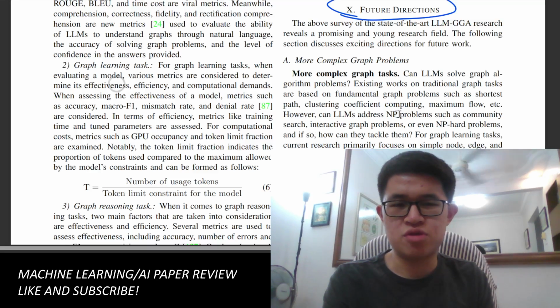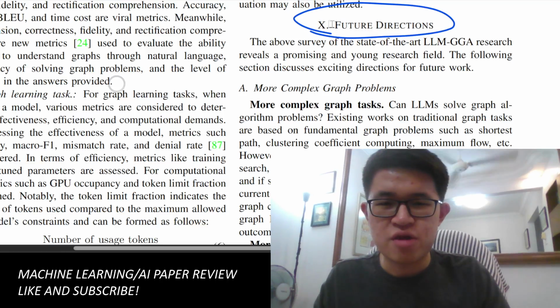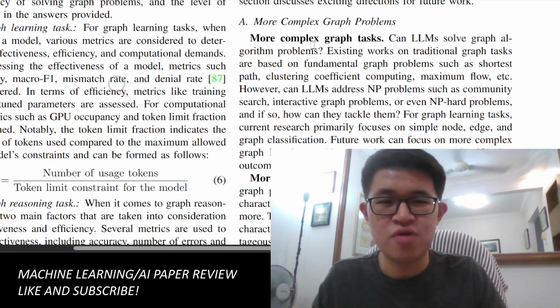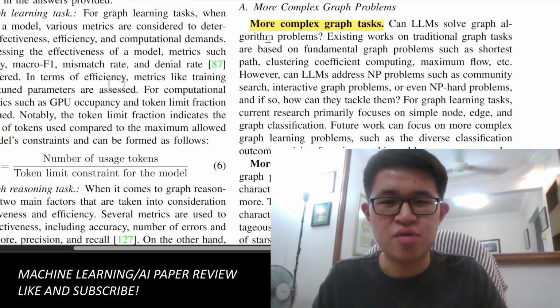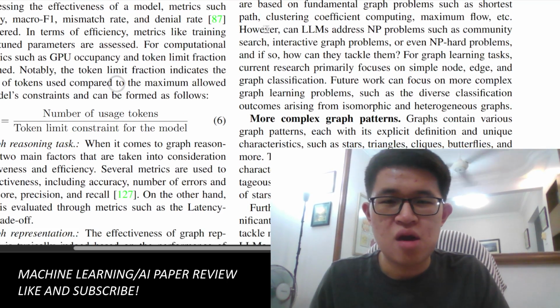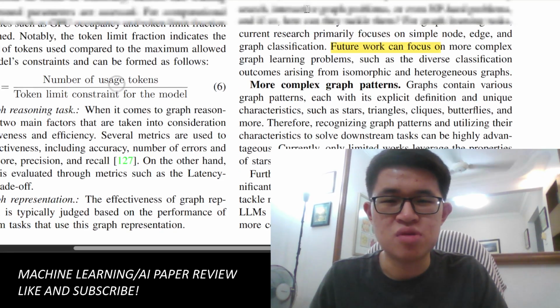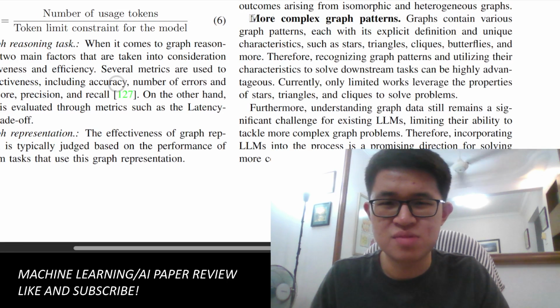All right, so let me just readjust some parts of this. Let's go through future directions for now. There's a few future directions. The first one is: can LLMs solve graph algorithm problems? Existing works on graph tasks are based on fundamental graph problems. However, can LLMs address NP problems? If so, how? They say that future work needs to focus on NP problems,